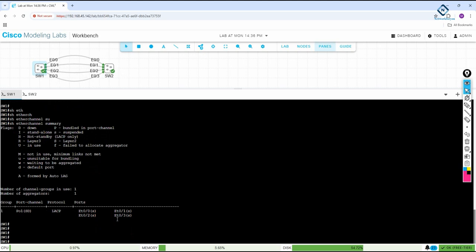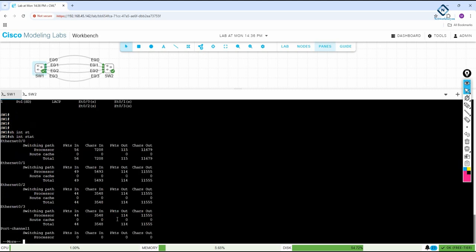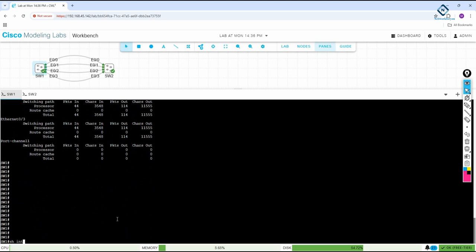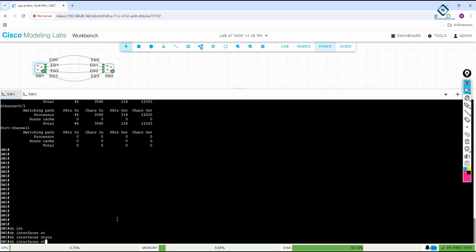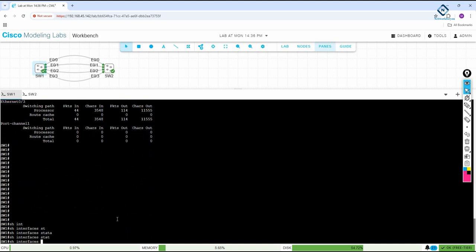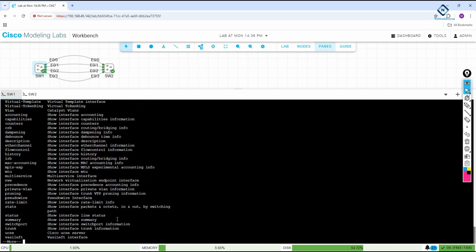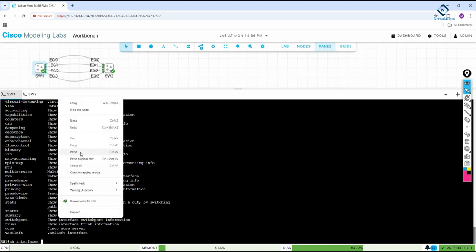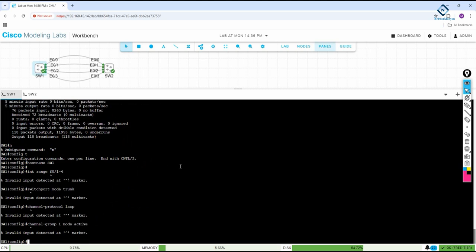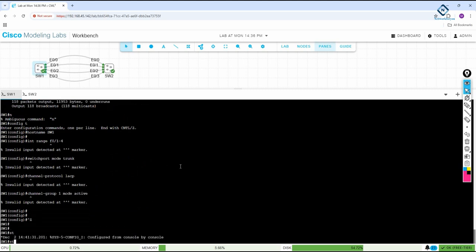And what else can we check here? We can verify some more things. I can write show interface status. Press enter. It is showing that one. Let me see what commands are supported here. Okay, so now let me put this command here. I can paste here. Okay, something went wrong here. Let me paste again. Show interface